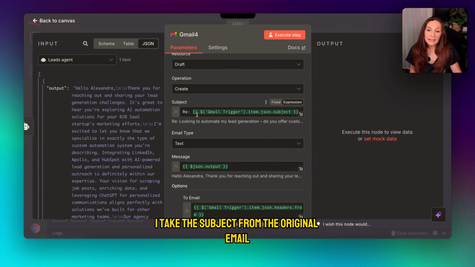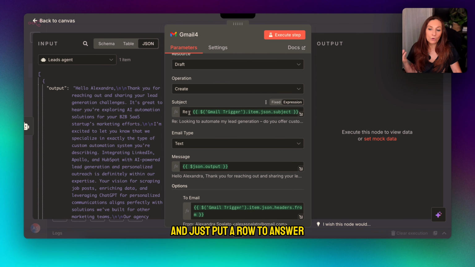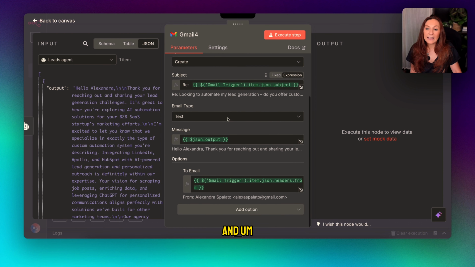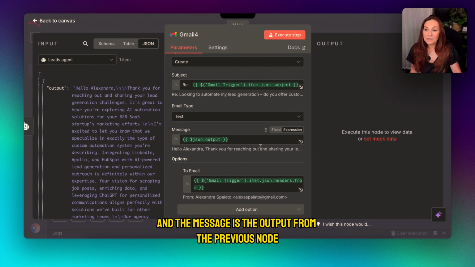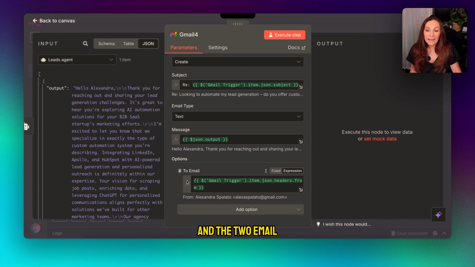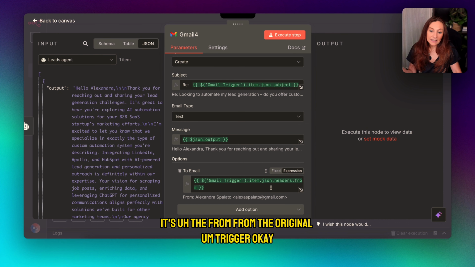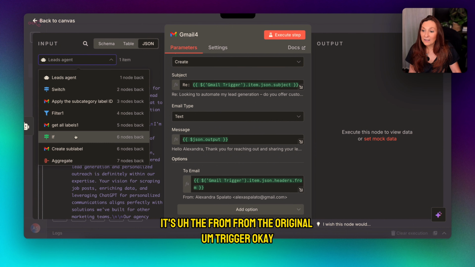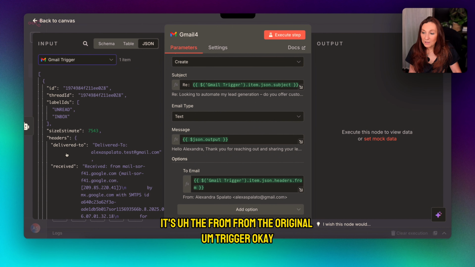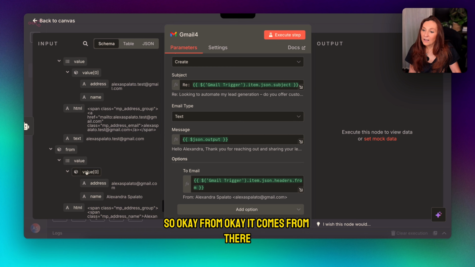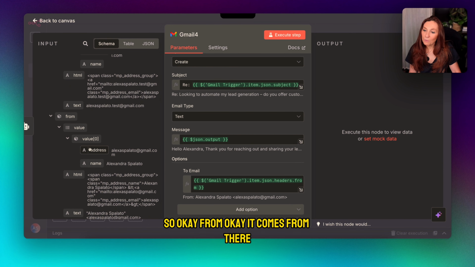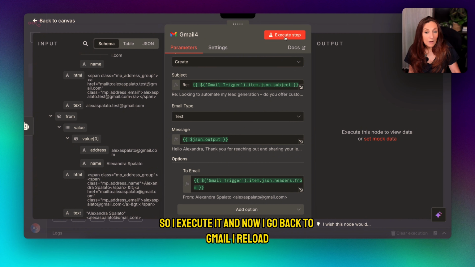And as subject, I take the subject from the original email and just put "Re:", and the message is the output from the previous node, and the to email is the from of the original trigger. Okay, it comes from there. So I execute it,